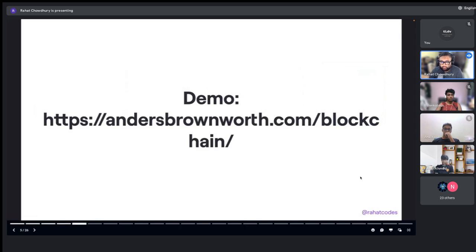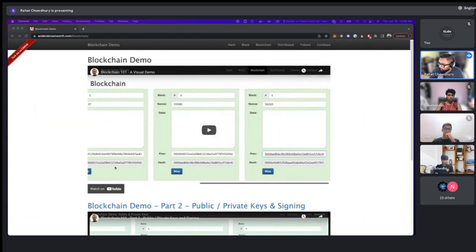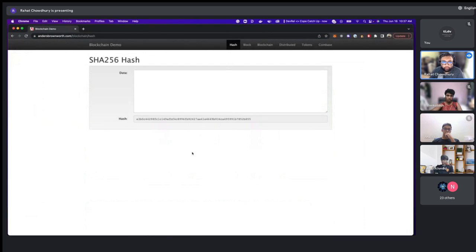What does all of that mean? I have a blockchain demo. I'm going to drop this link in the chat as well. I think it's super awesome for getting a visual. And we're going to be using this demo throughout when I introduce different DeFi and NFT projects as well. But if we look at the most basic piece of information that is saved on a blockchain,